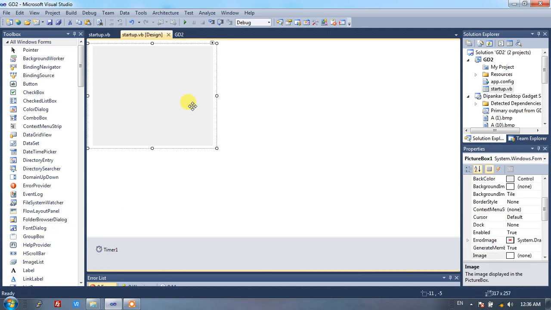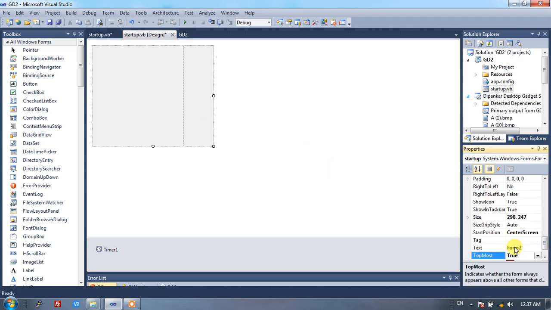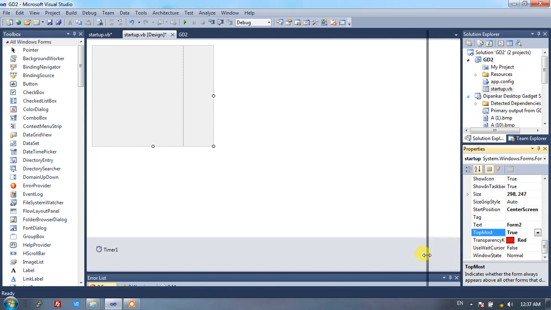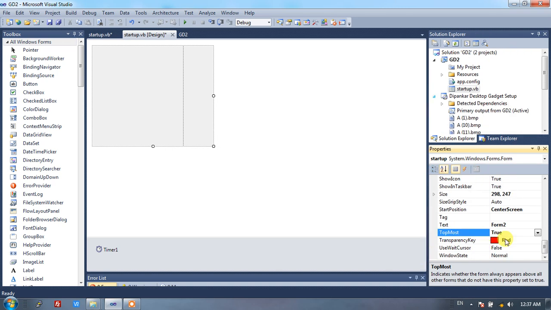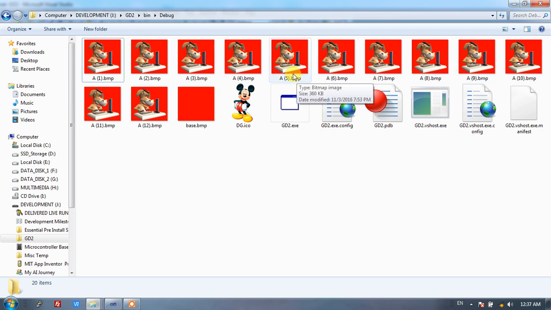For the design part of this project, I am using the Windows Form. I just renamed this form as startup.vb. You need to change four things in the form properties. The most important one is the transparency key. I have set the transparency key color to red because I am using images which have a red background color.